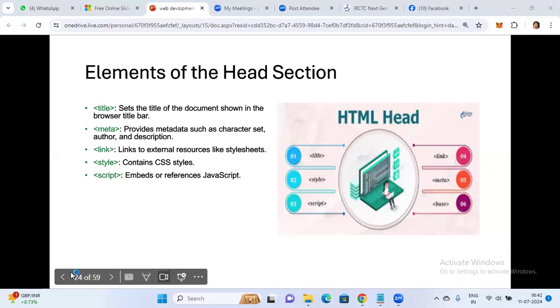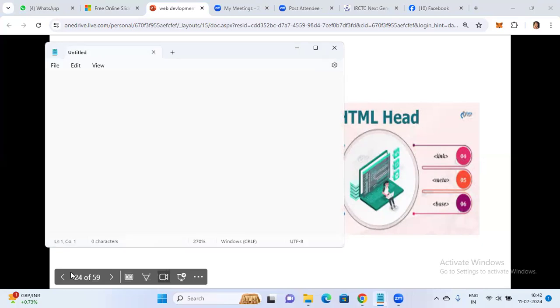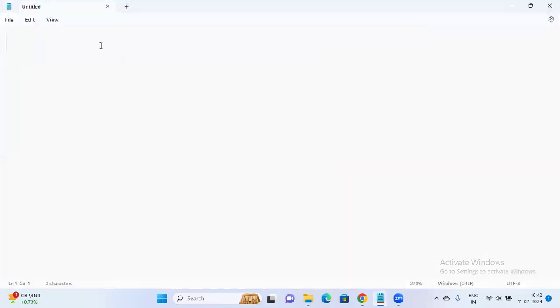I'm just trying to open the Notepad. Got my point? I have opened the Notepad. Please everyone see. Now I'll write the piece of code. Okay. So let's do the first program in the Notepad. First HTML program.